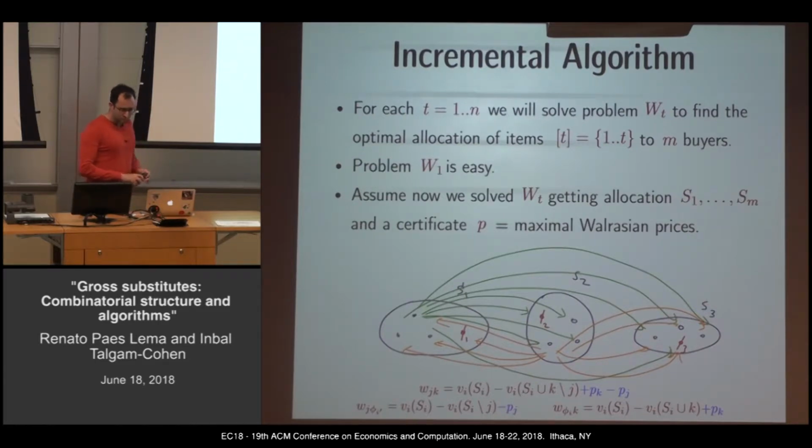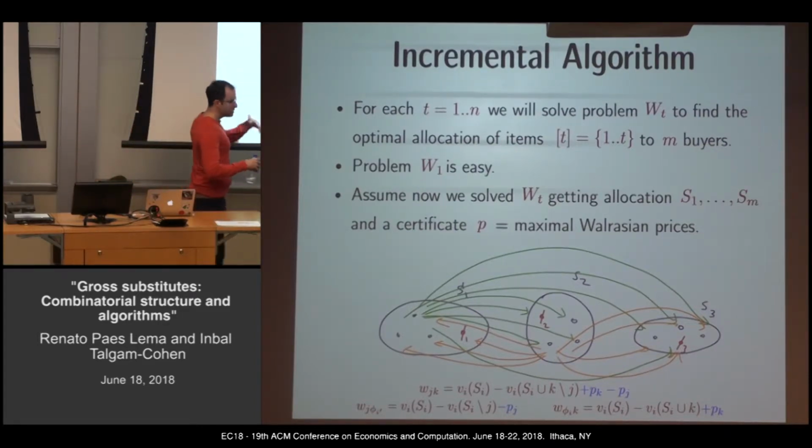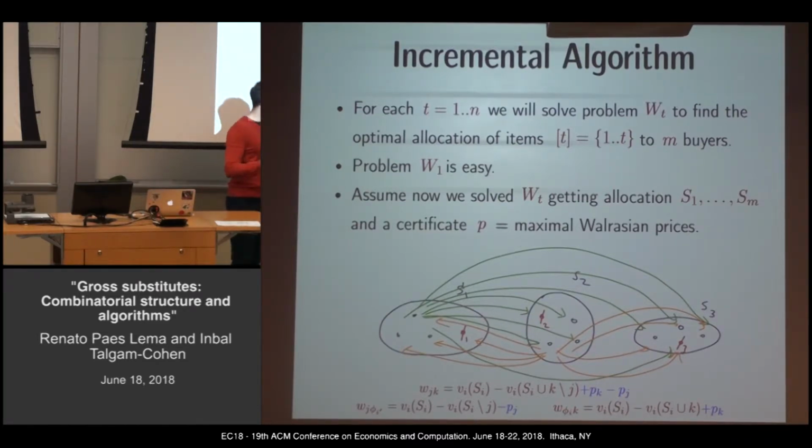Right, so I'll build an exchange graph the same way that I did before. The exchange graph just has the first T items, let's say. I have only T items already solved. I have a set of version prices. I build the exchange graph like before, with the same edges, but the edge weights are a little different. I add the prices also to the edge weights. There's a common technique in flow problems where you keep finding potentials and add the potentials to the edge weights to make the computation faster.